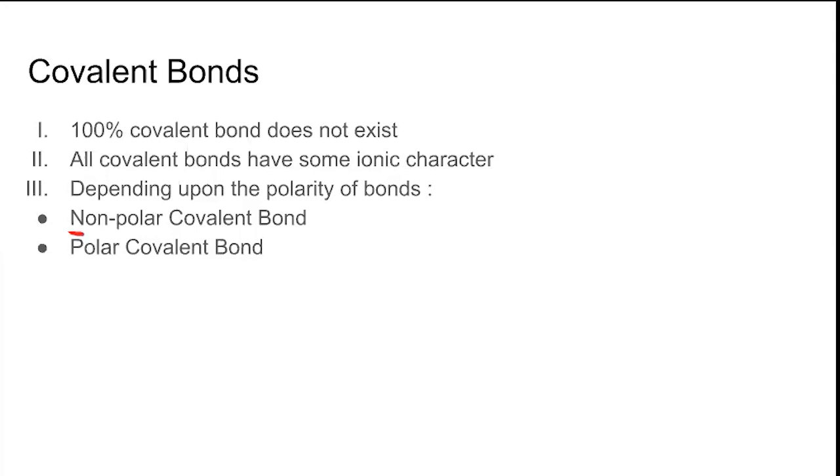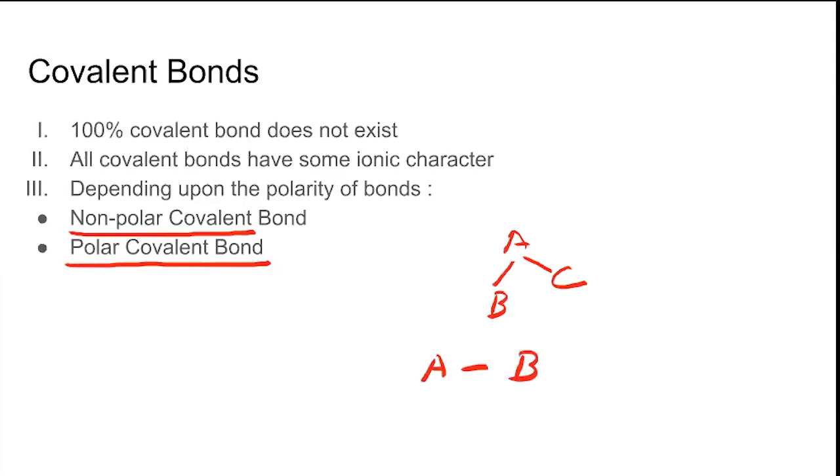When I say non-polar covalent bond and polar covalent bond, I am talking about one bond. Suppose there are three atoms, A, B, and C. There can be a bond with this, there can be a bond with this. But suppose I am talking about A and B. What you are talking about is this cancellation here. Suppose this is A, this is B, this is C. So this may cancel each other. The dipole moment may get cancelled by vectorial addition. So this becomes non-polar. This is a different case.